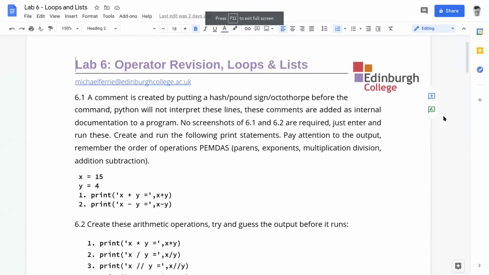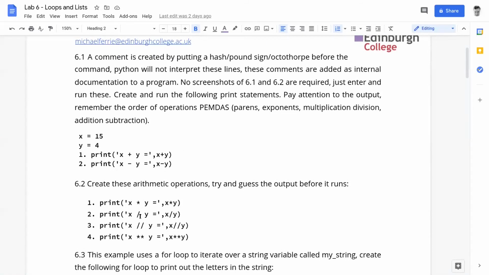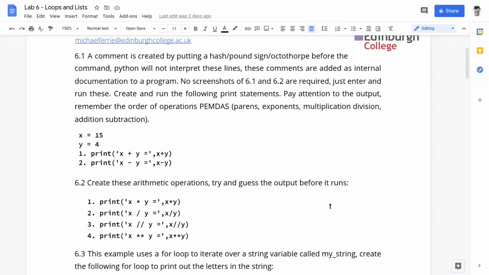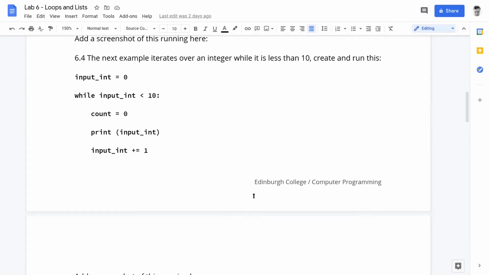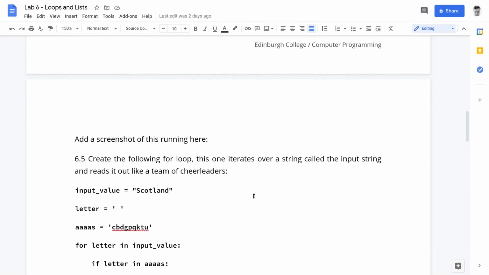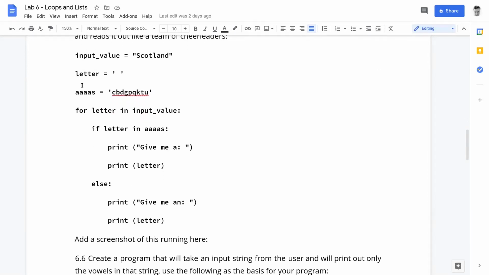Here is lab 6. In lab 6, what we're going to do is some revision on some operators just to see what happens when we run these things. Then we're going to test out a while loop and a for loop, as we talked about today. And then we're going to create a program, and this